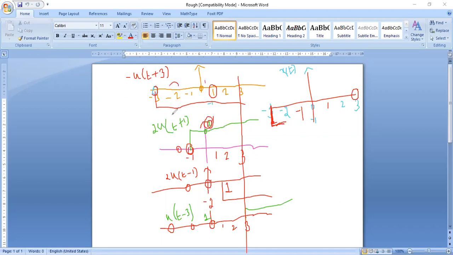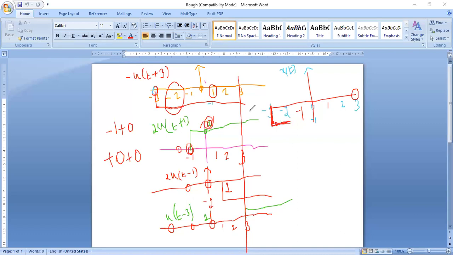So now I am checking at the point -2. At -2, from the first diagram I am having -1, and from the second diagram I do not have anything, and the third diagram also I do not have anything, and in the fourth diagram also I do not have anything. That means I do not see any transition. Okay, the state is continued in the first diagram, whereas in the other diagrams I do not see any change. So I will maintain the amplitude as -1 from -3 to -2.